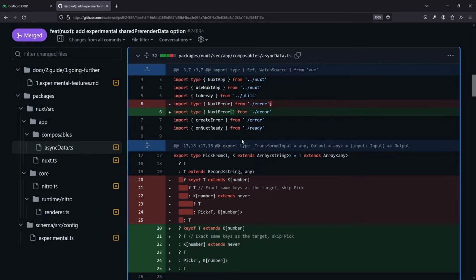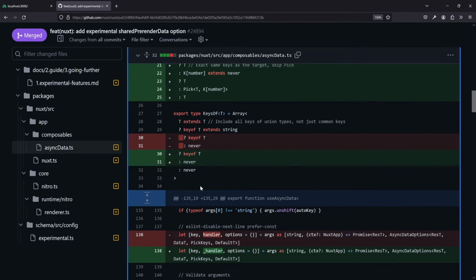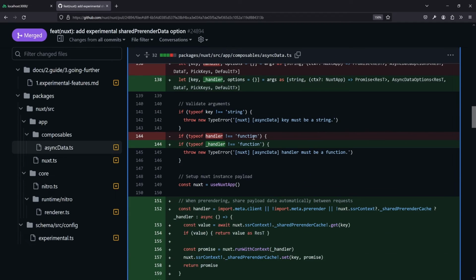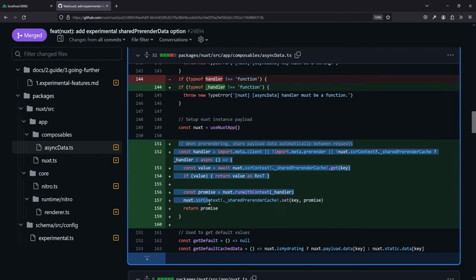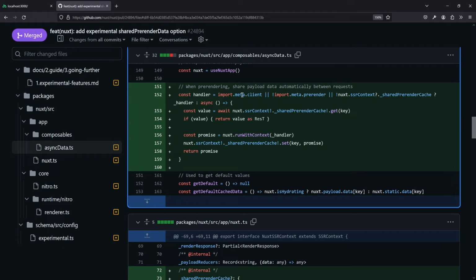And we jump straight away to the async data composable file. That also applies to useFetch, because async data is used under the hood. So we skip over a few formatting things here and there. And now the interesting part comes down here, which is also nicely commented, so thanks for that, Daniel. The handler will be set. And if it's